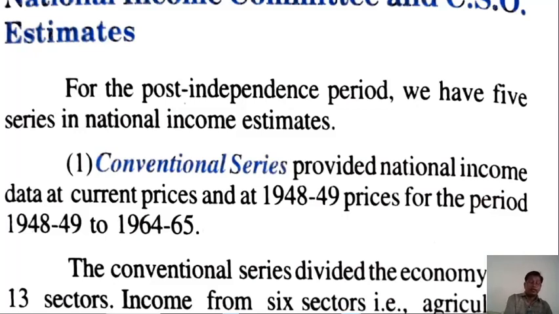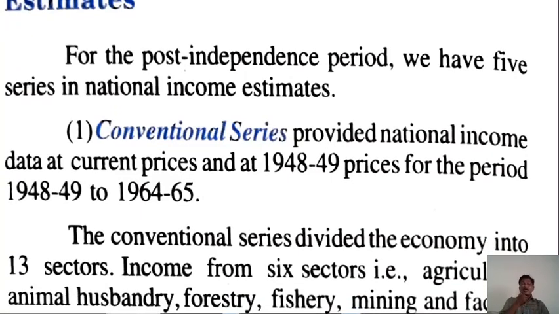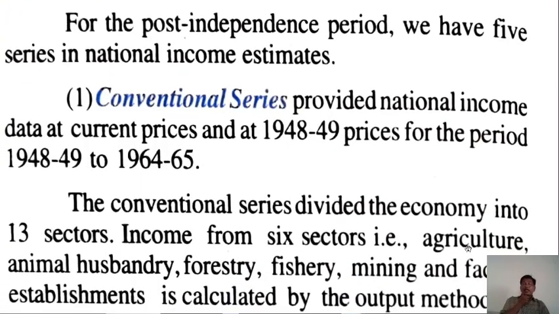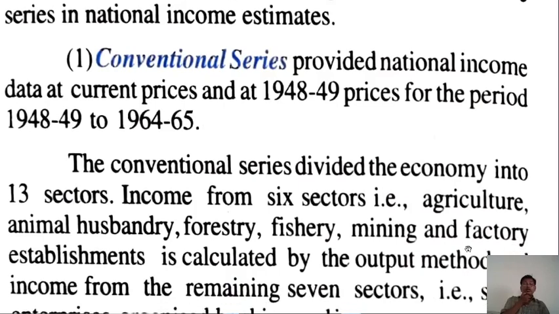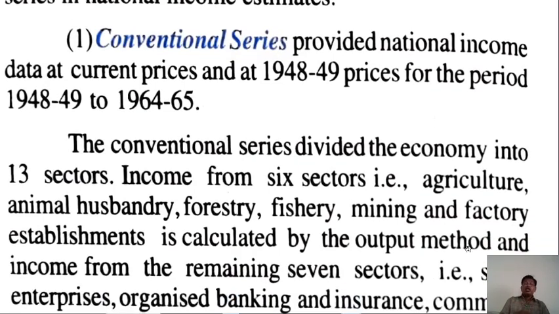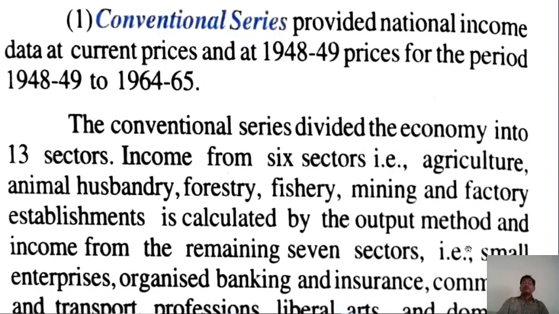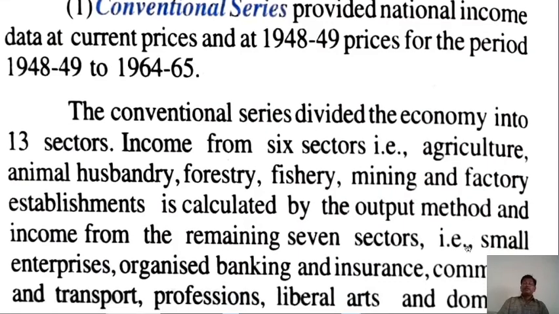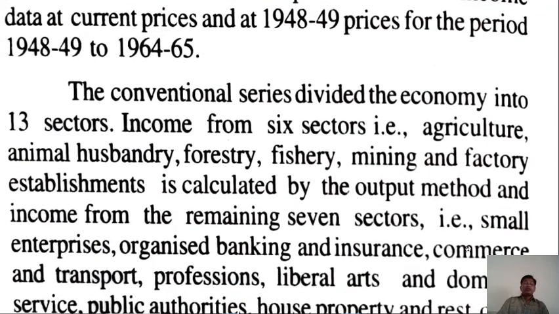The conventional series divided the economy into 13 sectors. Income from six sectors, for example agriculture, animal husbandry, forestry, fishery, mining, and factory establishments, is calculated by the output method, and income from the remaining seven sectors